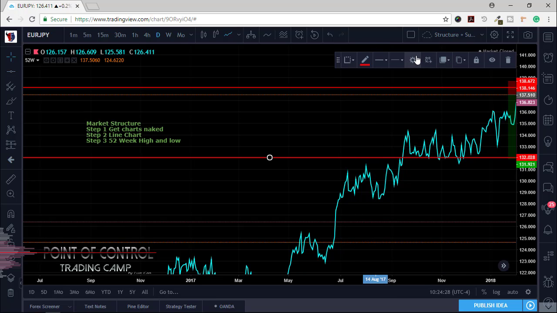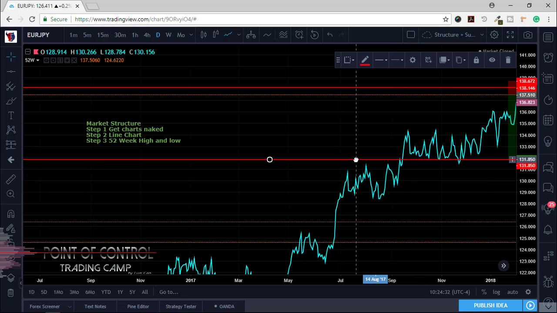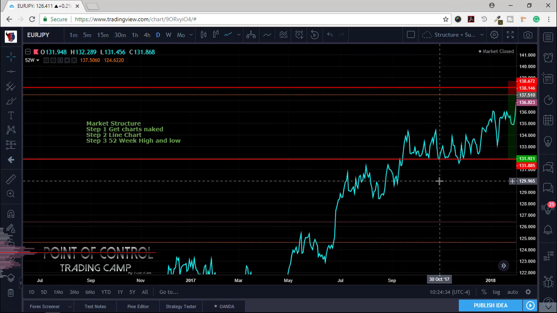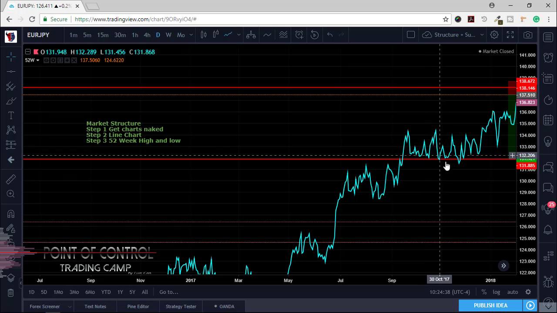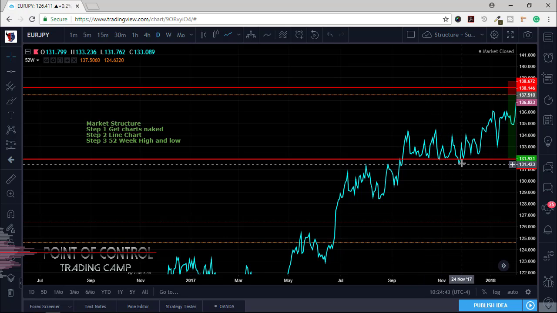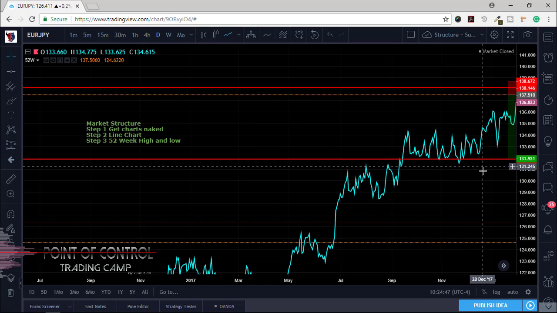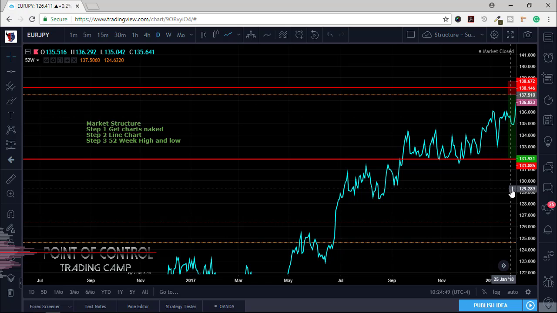If I want to be very precise, I can just type in the psychological number, but I think this is good right there. Because typically, or not always, but sometimes price does push through a little bit, like you can see here, and again, it just bounced back up. But I will set up my trade this way.